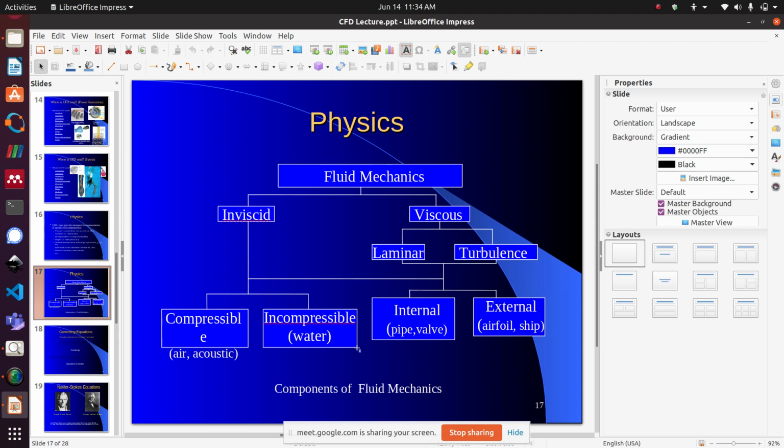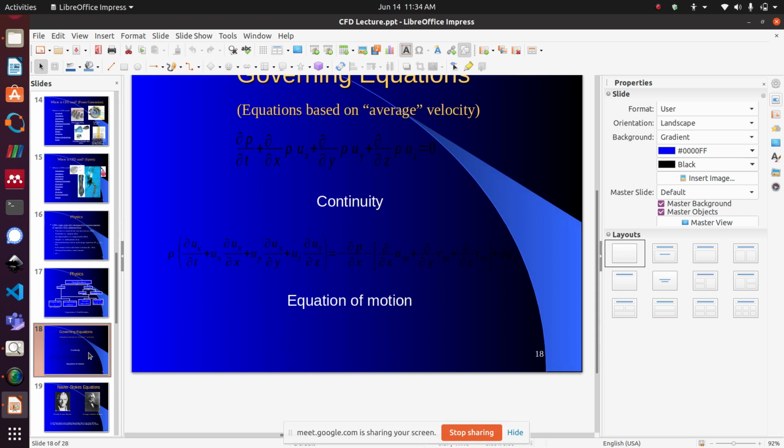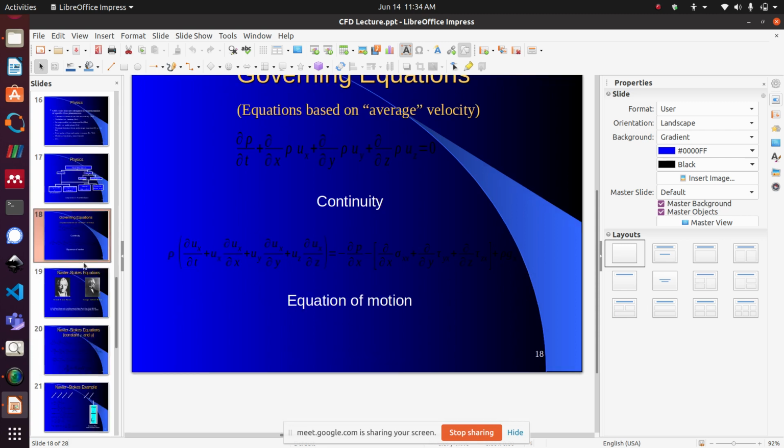Internal means inside a pipe or valve or something. And external flows are free flows over any hard surface. And like I told you, compressible flow, incompressible flow. And then comes the